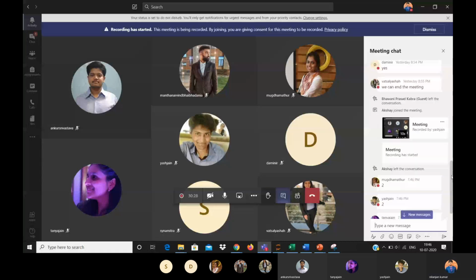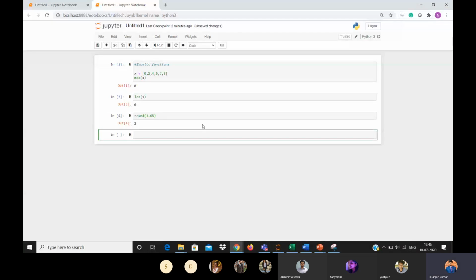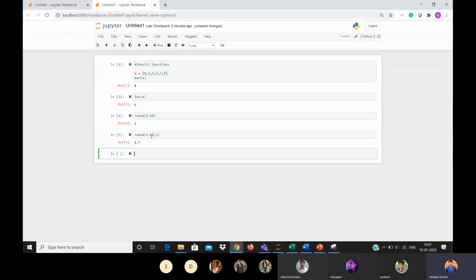It's 2. But let's say that I don't want it to be rounded off to 2. I want it to round off to 1.7. So what I can give is 1.68 comma 1. It will round off to the first digit after the decimal point, which is 1.7.